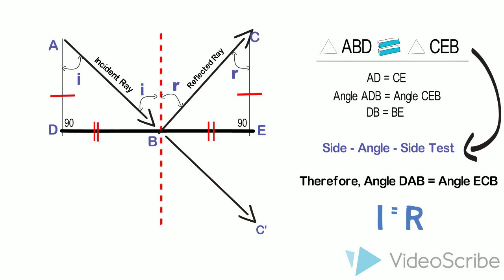We have just proved a very important law in physics, the law of reflection. What was that? The law of reflection states that the angle of the incident light ray I from the normal is equal to the angle of the reflected light ray R from the normal. Hence I equals R. Hence proved. I hope you enjoyed this video. I'll see you with